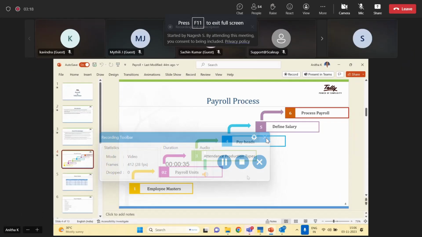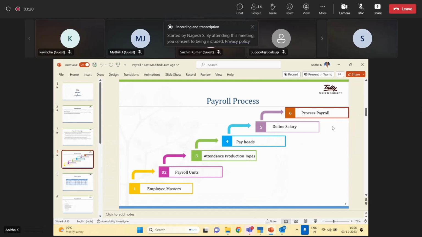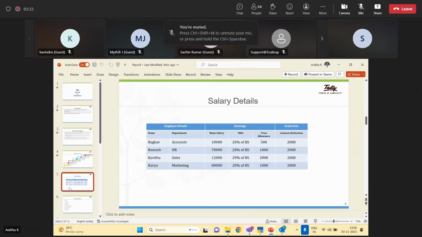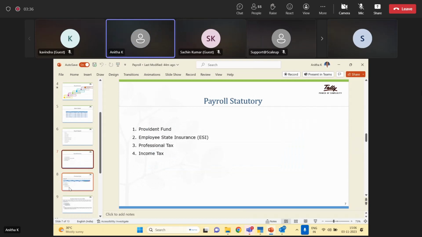We saw how to make vouchers and what the payroll reports are, right? So this was covered in the last session. And now in this session, as a continuation to that, we will be seeing payroll statutory masters. When I take payroll statutory, the most important things are Provident Fund, ESI, professional tax, and income tax. In this session, I will take you through what these are and how to configure this in